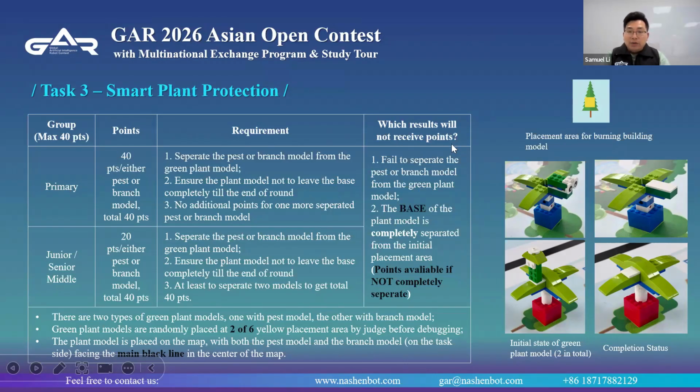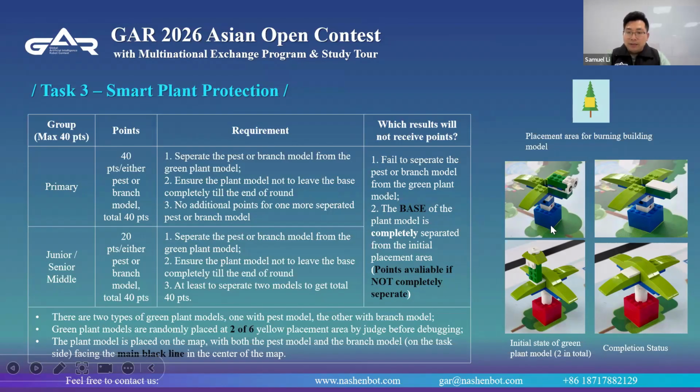Which result will not receive points? First result, fail to separate the pest or branch model from the green plant model. The second one, the base of the plant model is completely separate from the initial placement area. Points are available if not completely separate.